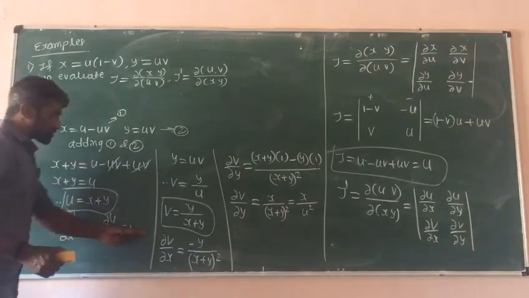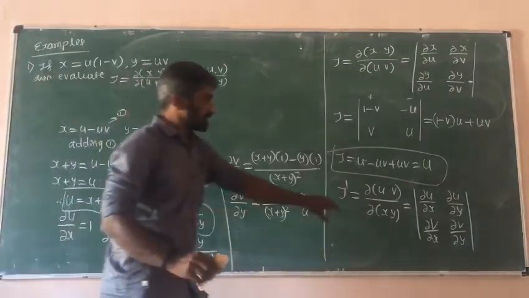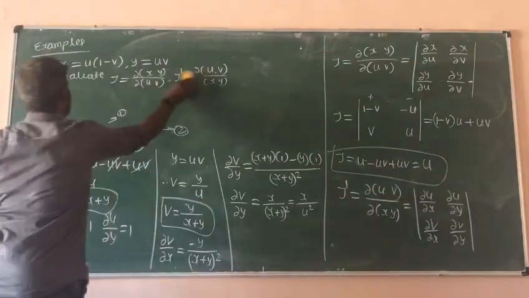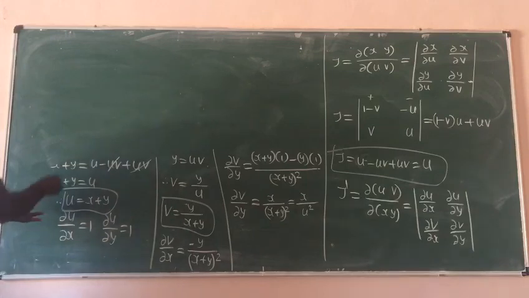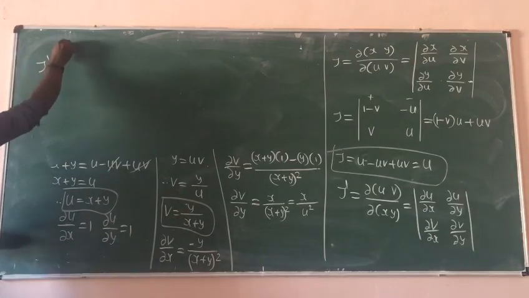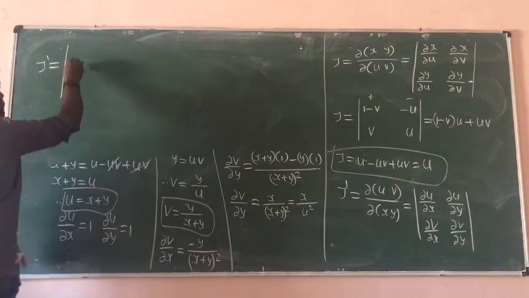Then find it by putting all these values in this determinant, then simplify to get it. So J dash is equal to, so it is 1, 1